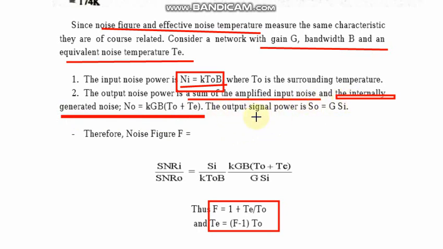When you add the internally generated noise, in place of T0 you put TE, so it becomes k TE B, and both are multiplied with G. So actually the complete noise power will become N0 is equal to kG